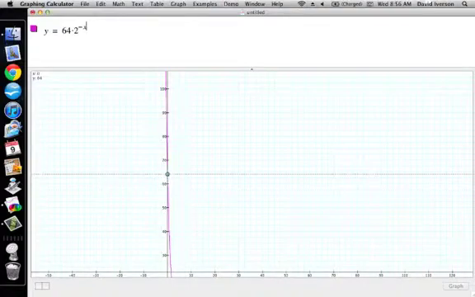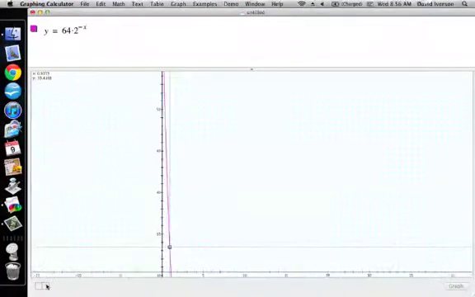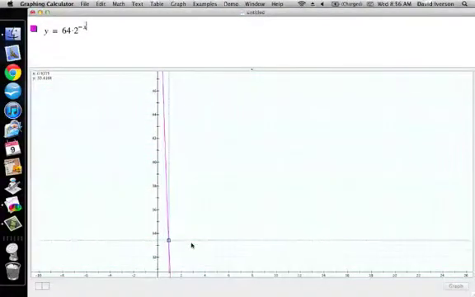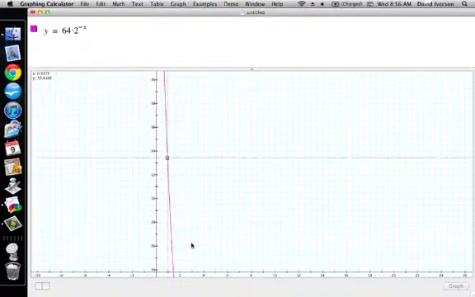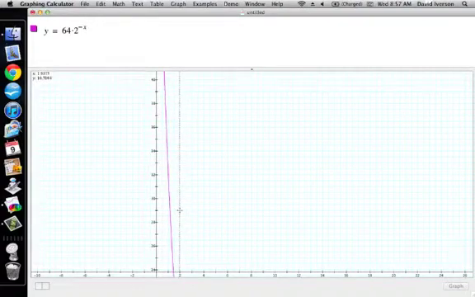Now, it's a little bit weird because it's discrete, but when I go to x equals 1, I've got 32 teams. And then when I go to x equals 2,